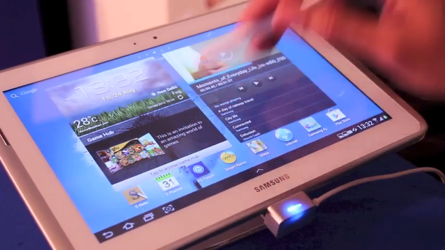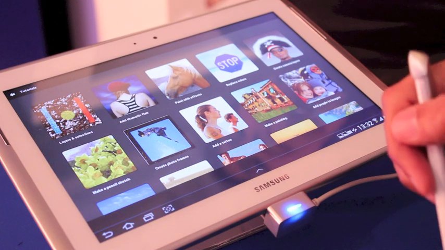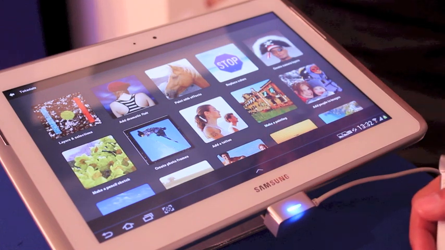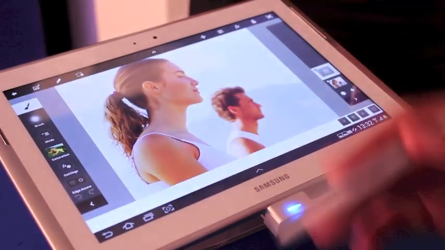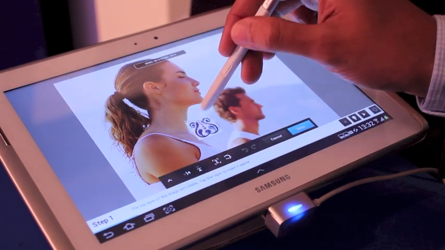Important thing in this device is the Photoshop Touch feature, which is a very interesting feature. Yeah, I think a lot of designers are going to love that. Yeah, I think anybody who wants to perfect their picture. Yeah. Let's say you want to add a tattoo to an image. So these are some tutorials which are built in. Okay. I select the image and I resize it.